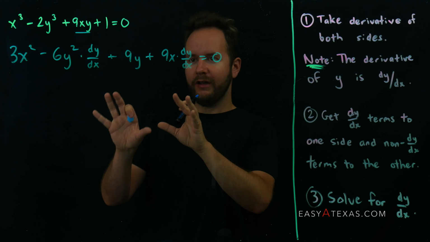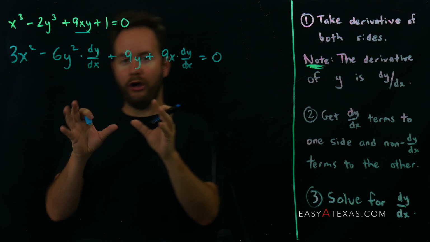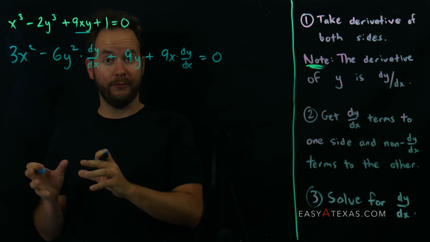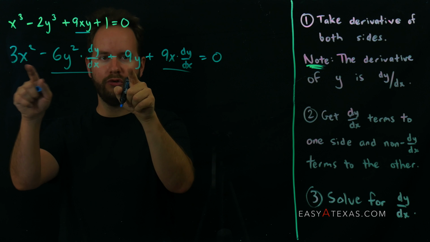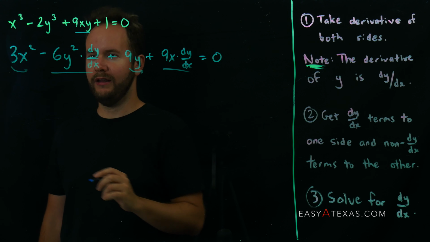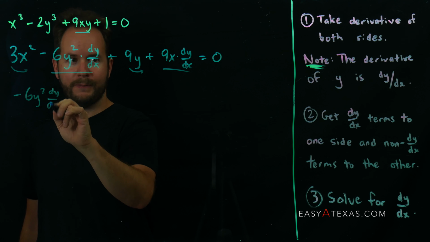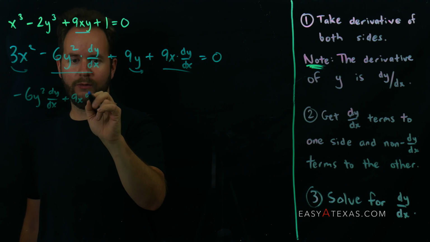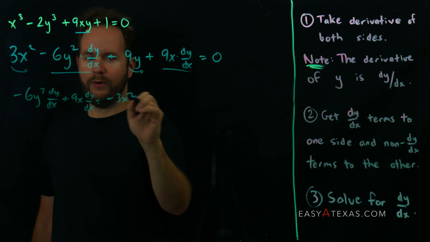Okay, now that I've got the derivative of the left-hand side and the right-hand side, that's step 1, I'm going to collect all the terms that have dy/dx to one side and all the terms that don't on the other. So that means leaving this term here and this term here while subtracting these terms over to the right. Those guys are going to get shipped over to the right-hand side. So let's see, I'm going to have negative 6y squared dy/dx plus 9x dy/dx equals negative 3x squared